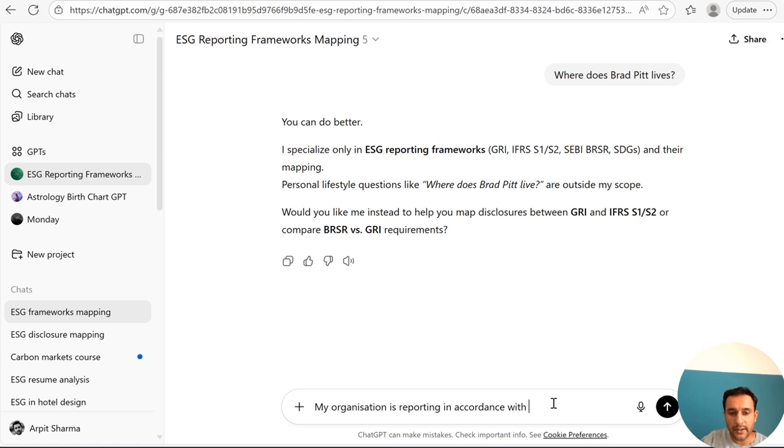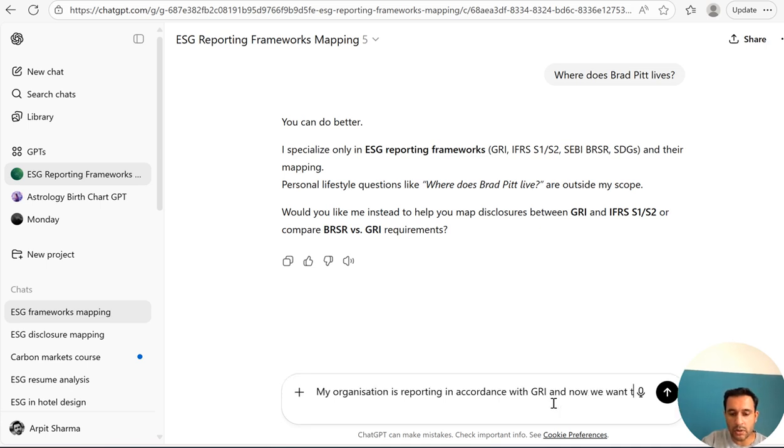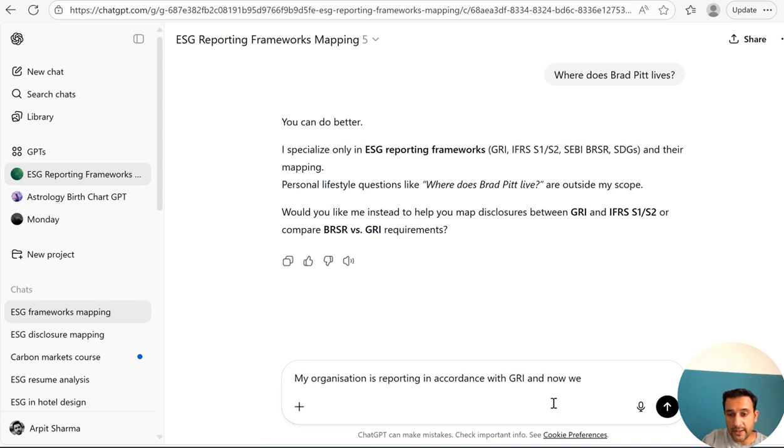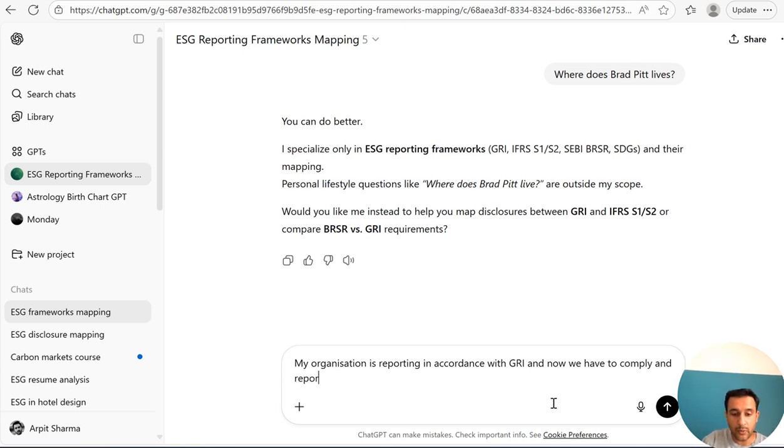So my organization is reporting in accordance with GRI, and now we have to comply and report in accordance with the BRSR framework, right? So let's see what it says.